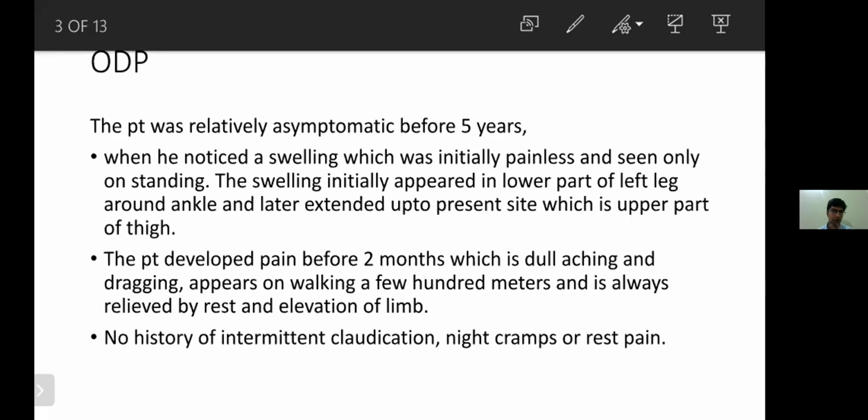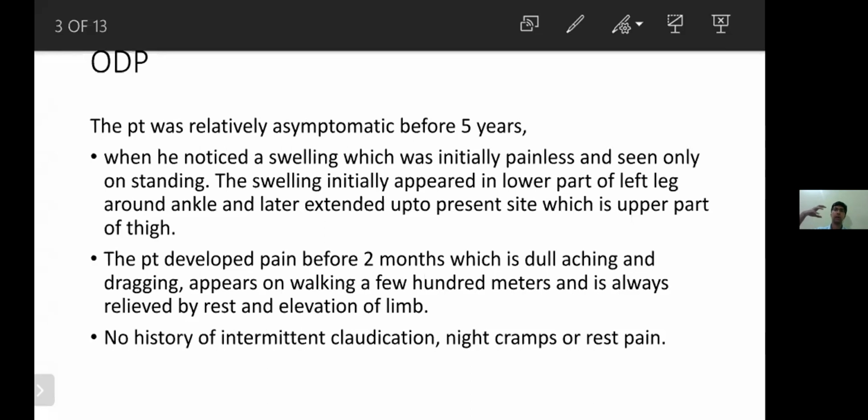The pain of varicose vein is not venous claudication. The pain of venous claudication is because of deep venous thrombosis. Cramping pain is in intermittent claudication. Someone else? Bursting type of pain. Yes, bursting type of pain. Very good. So the pain in DVT is a sharp bursting type of pain present in the entire calf.